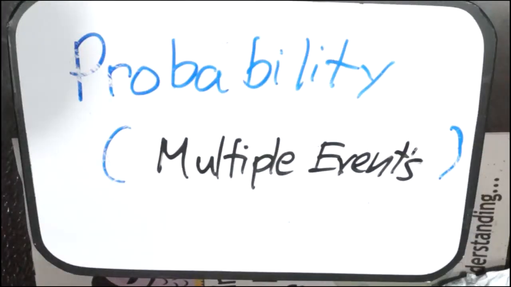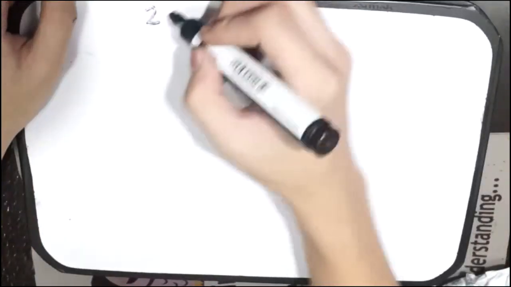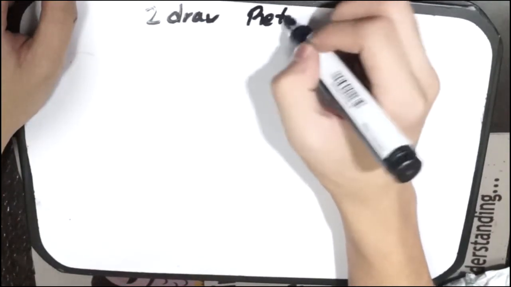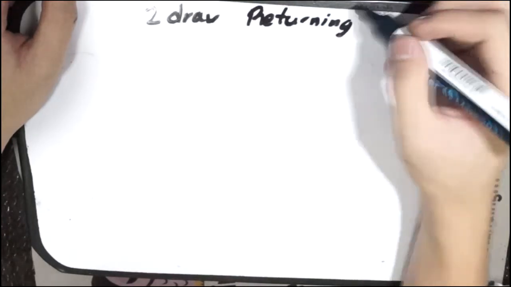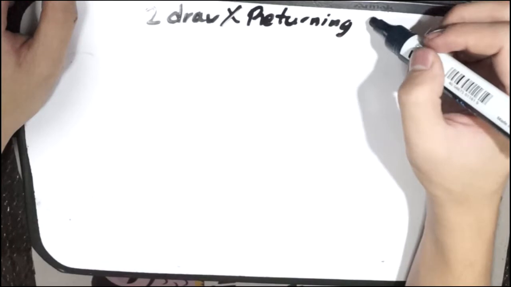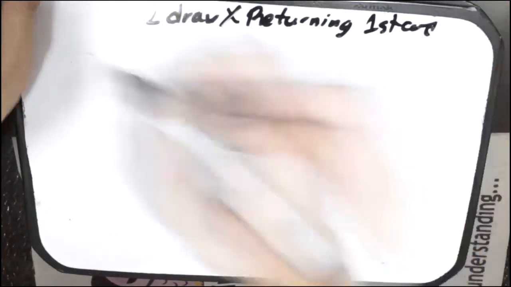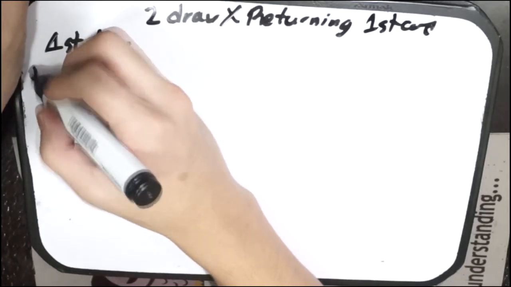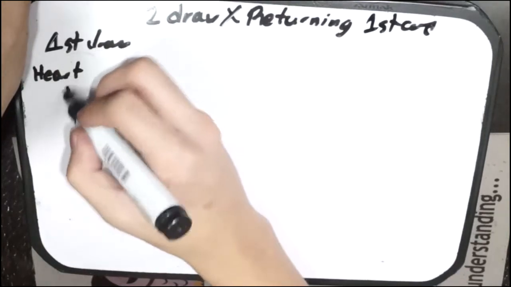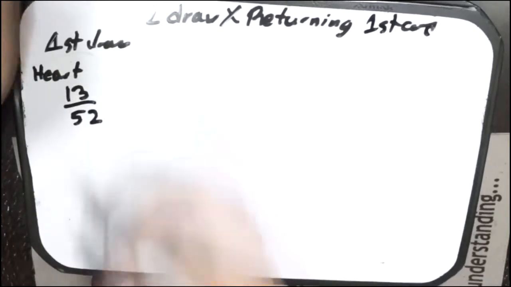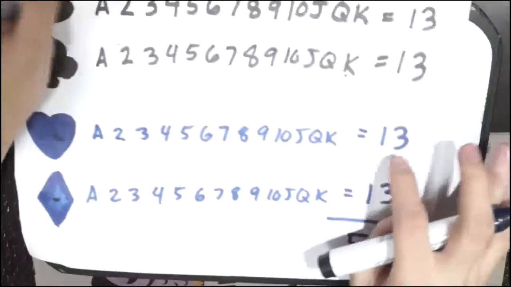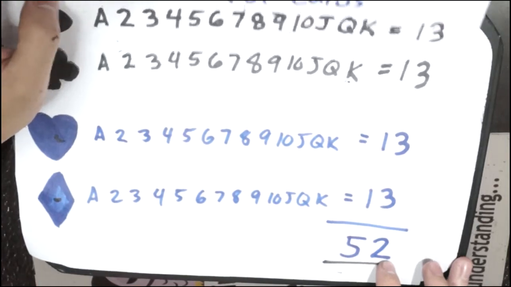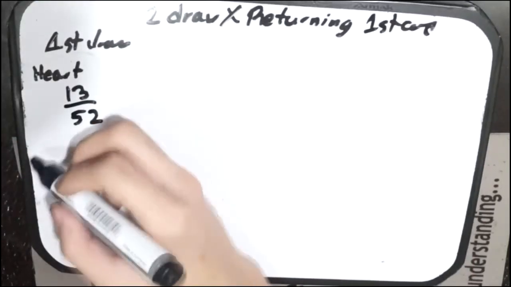Let's say you were to draw two cards in succession from a deck of cards without returning the first card drawn. In your first draw, the possibility of drawing a card that was a heart would be 13 over 52, because there are 13 cards that are hearts out of 52 cards in a standard deck of cards. And the possibility of drawing a non-heart